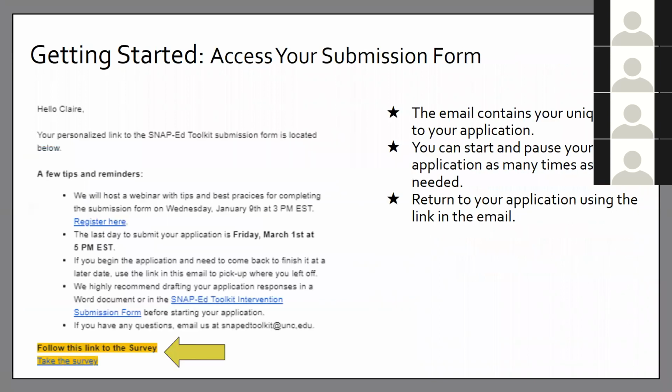The email that you'll get will look something like this. We tried to link a few helpful resources in the email, including this webinar. There's also a link to the PDF submission form. So if you want to get a sense of what kind of questions will be asked to help you start thinking about how to address them, you can download that and actually preview it before you get into it. And then the link to get to your survey will actually be at the bottom of the email, which is highlighted here. As I mentioned, you'll be able to return to your application using this link, and you can start and pause your application as many times as needed up until the March 1st